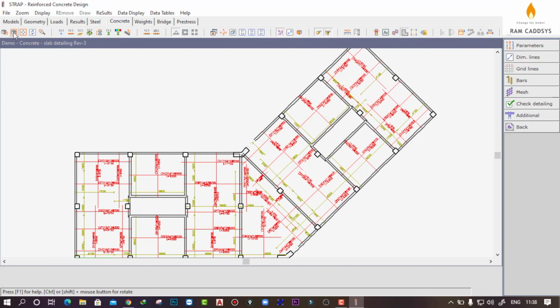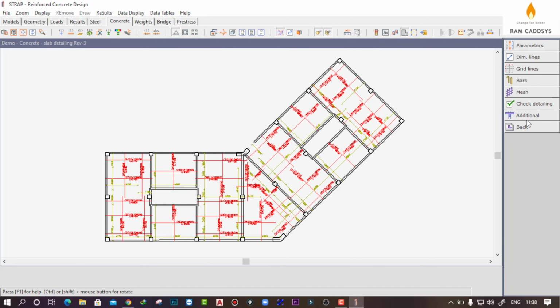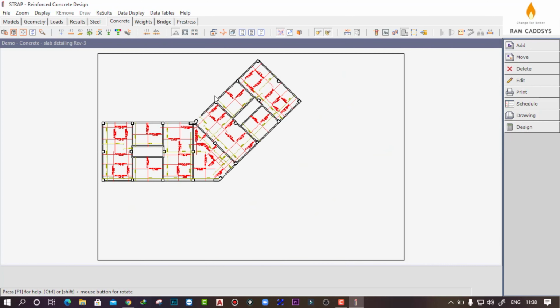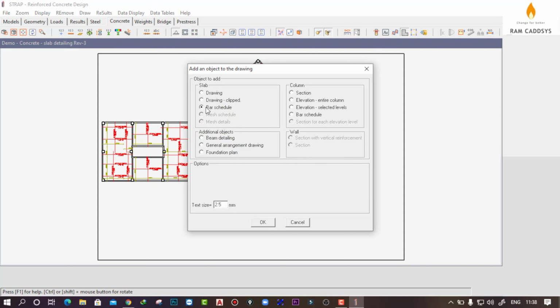Now let's create the schedule. So click on back. Now we can create the bar bending schedule for these reinforcements which are provided in the slab detailing. So click on add, and under slab section you will find bar schedule.